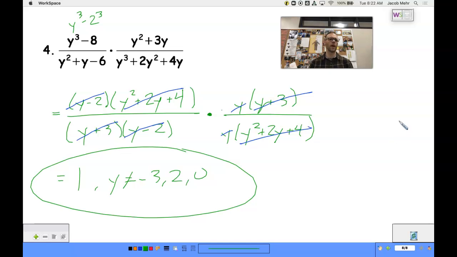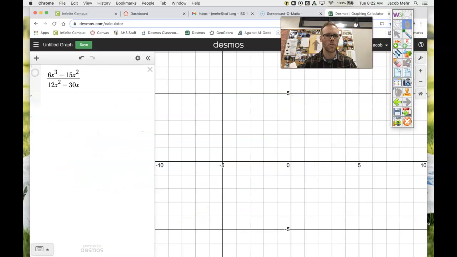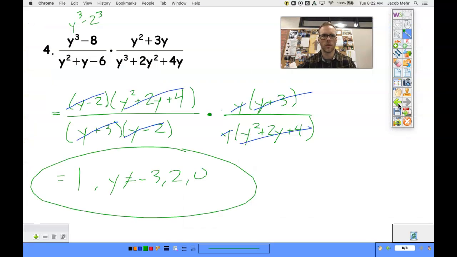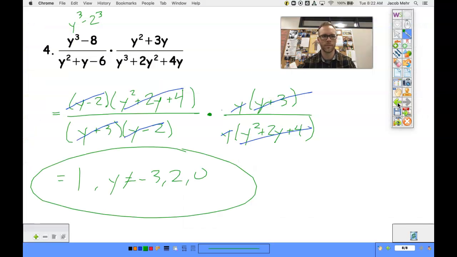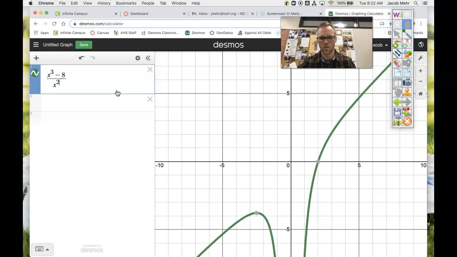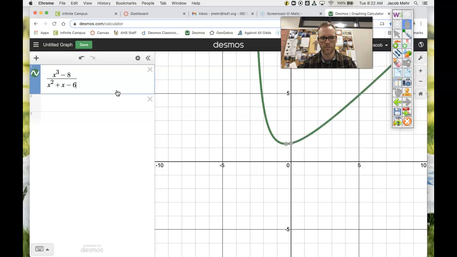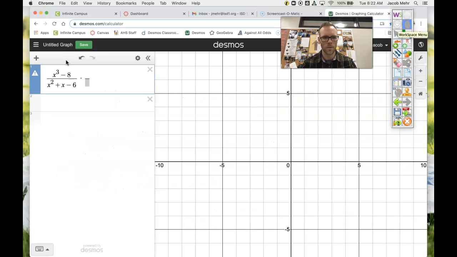Good. Okay, let's check my answer again by graphing this. I'm going to use x's instead of y's so that GeoGebra or Desmos likes this. So x cubed minus 8 over x squared plus x minus 6 times the second fraction, x squared plus 3x,